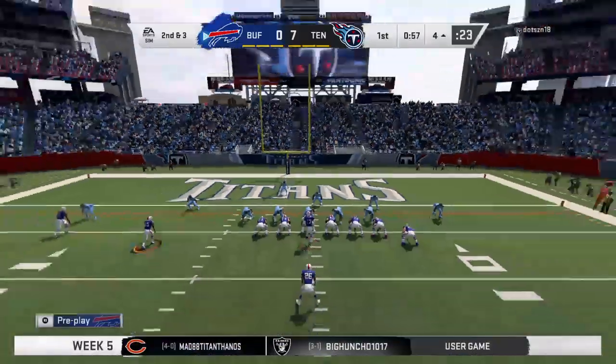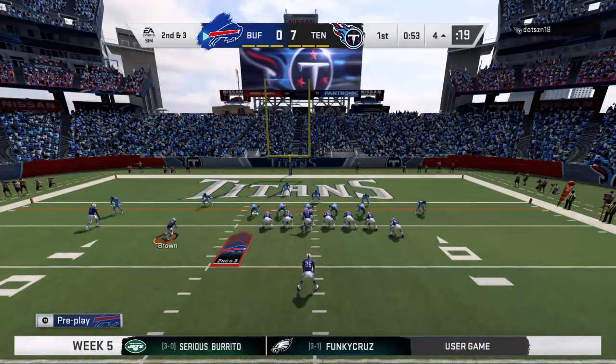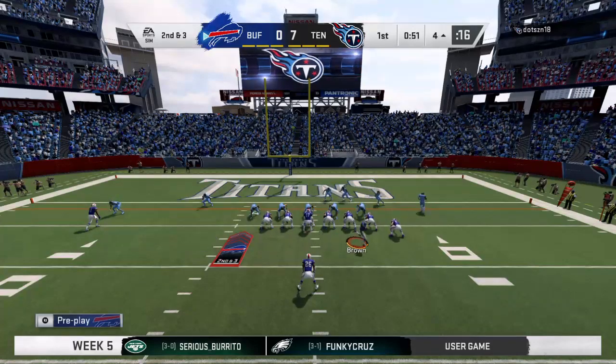A good run, got 7 on first. Here's 2nd and 3. Here we go. Me. I got motion man. Me. I got